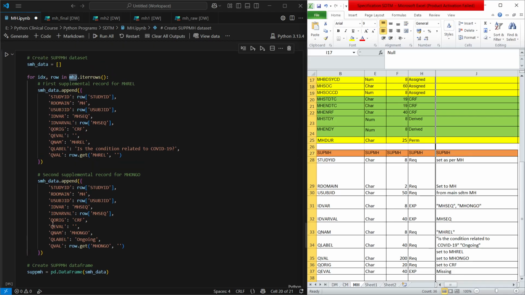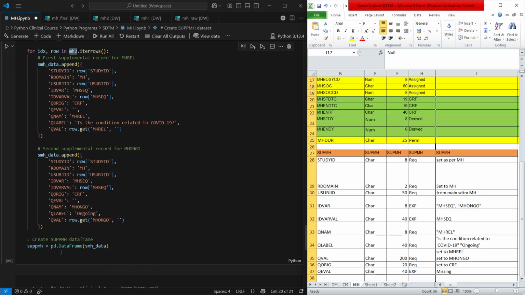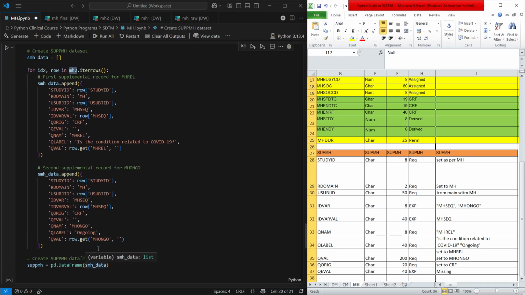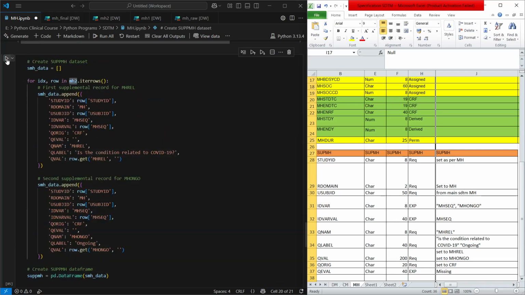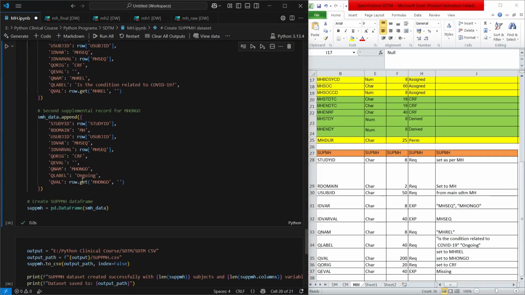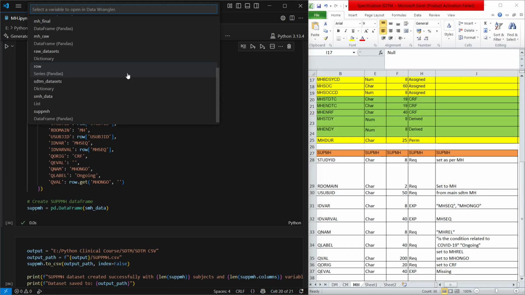Then we have created the supplementary MH into this data frame in the SMS data. Once we created all these records, we just create it as a data frame by using the pandas data frame. Okay, so if I show you the supplementary MH,